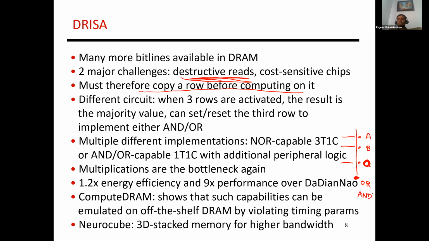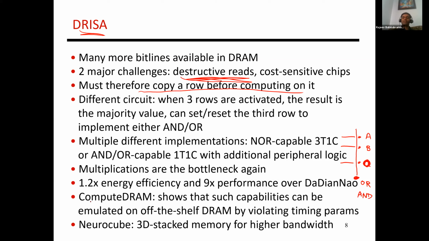Okay, and there are different implementations as well, but this first circuit I think was relatively easy to explain and understand. So I'm just describing that, but you can create other circuits as well. And you can look at the Drisa paper for more details, right? Again, they show pretty significant improvements. And again, that improvement is a function of how much DRAM there actually is in the system, right? So of course, if you have more DRAM, you can get even higher parallelism and even higher performance. Okay, and so I just want to end this discussion on SRAM and DRAM by mentioning a couple of